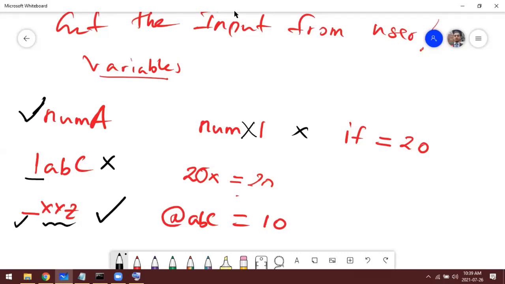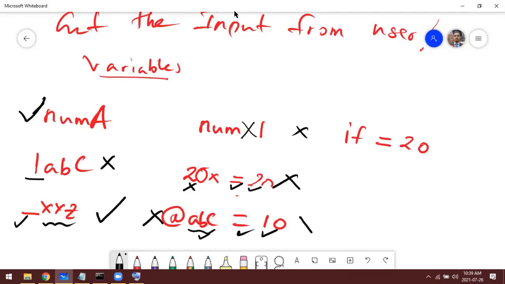So we have declared the value, this part is correct, but this is wrong. Why? Because we can't start with digits, so ultimately this is wrong. Up to this is correct, but this is wrong because we can't start with any special character except underscore, right?